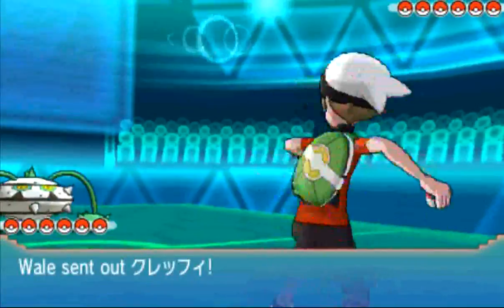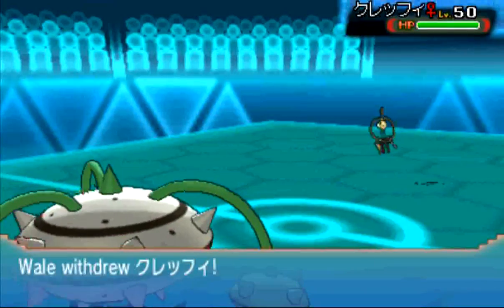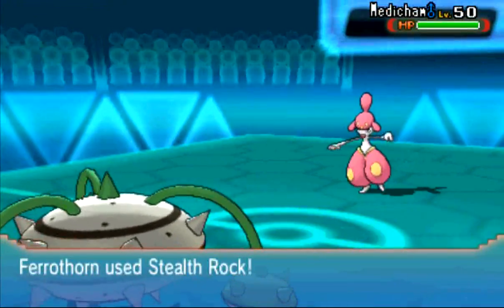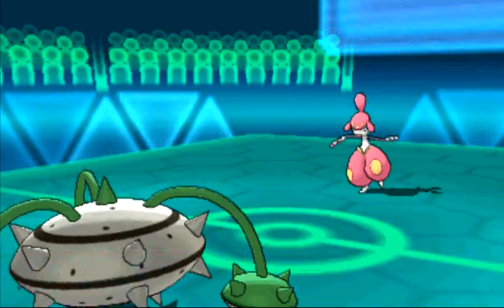So, yeah, should be pretty good because I know he's a very good battler. So he leads with Klefki as I lead with Ferrothorn, and I'm just going to set up Stealth Rock right off the bat. I don't really see anything on his team that can bounce him away, so I'm just going to go for that right off the bat as he decides to go into Medicham,